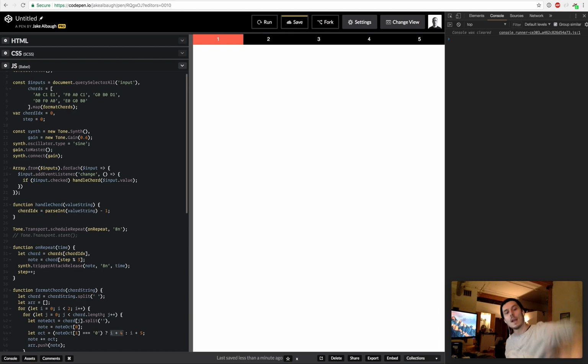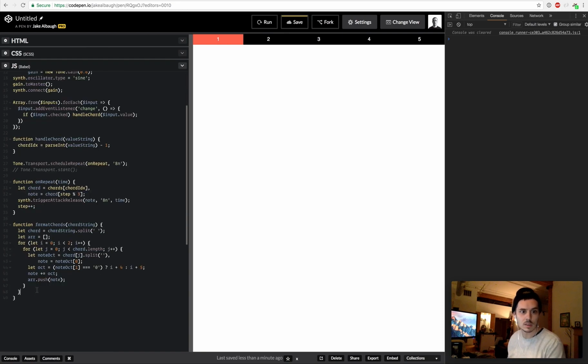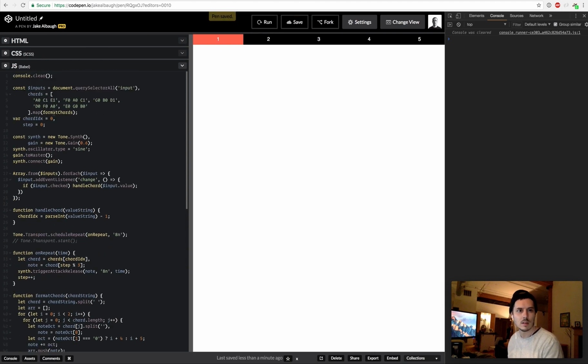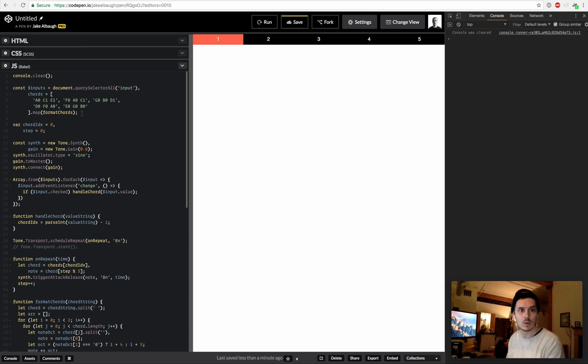The next time around, if it's 0, we want it to be 1 plus 4, which is 5. If it's equal to 1, not 0, that's this last bit, we want it to be plus 5. And so you'll see what this looks like in a second. So I'm going to just return this array, save it, and when I look at chords here, console.log chords,